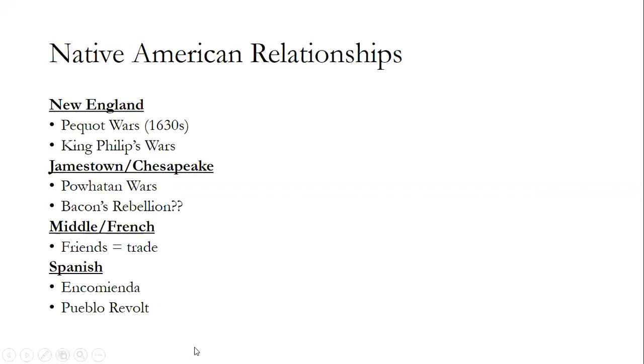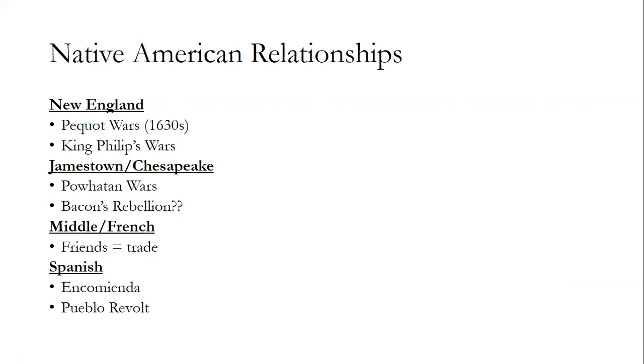their major Native American opponent was Powhatan. Now, Powhatan, their wars were basically about land, and that's where Bacon's Rebellion comes in. I have these question marks. It's like, well, wait, how does Bacon's Rebellion relate to Native American wars? If you remember, Bacon's Rebellion was started because a lot of these poor former indentured servants moved out to the frontier. And when they moved far, far away from the town, the land that they were taking was Native American land.